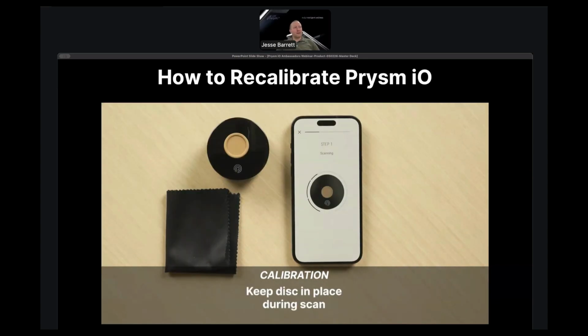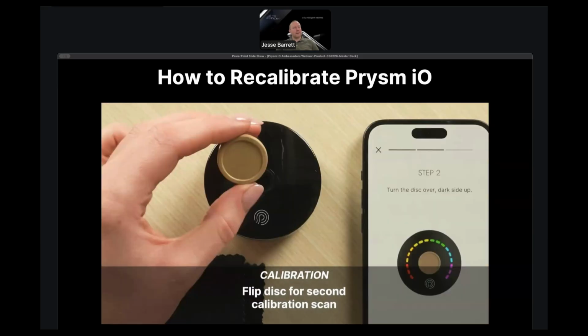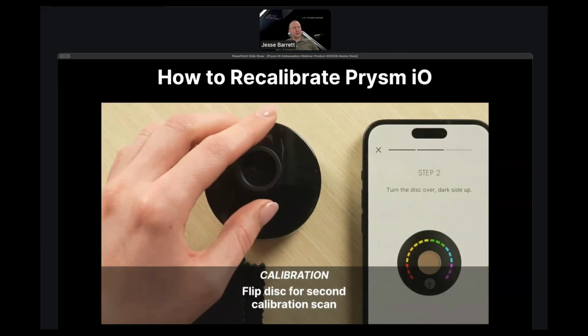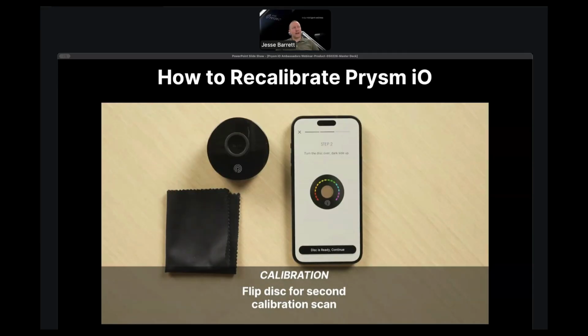And then you're ready. So the first thing to make sure you do is the dark side first. That can be confusing sometimes, but it's always dark first and then the color side second. Watch that animation. It's showing you to flip it. After you've done the dark and then the color side, you're just going to do a finger